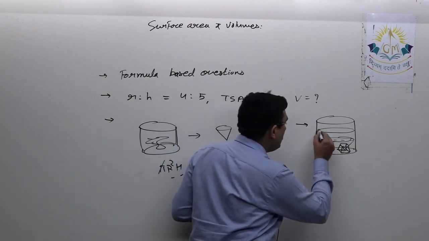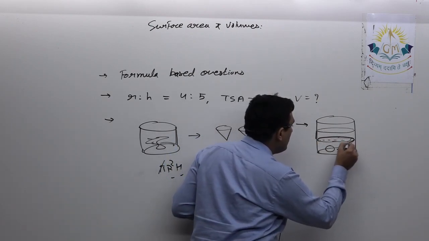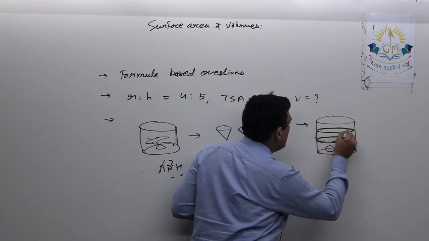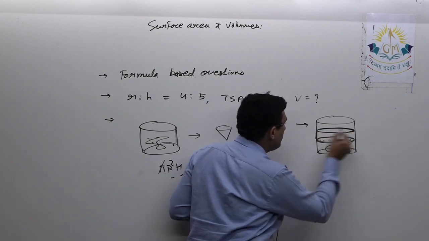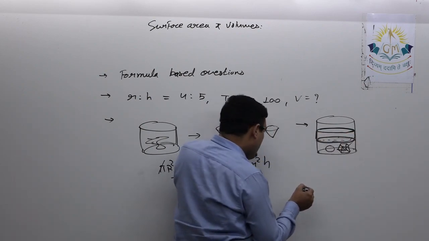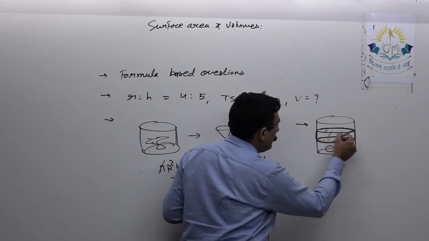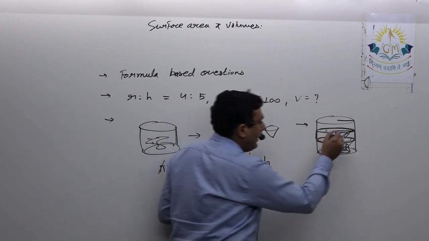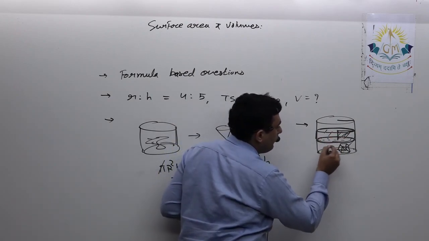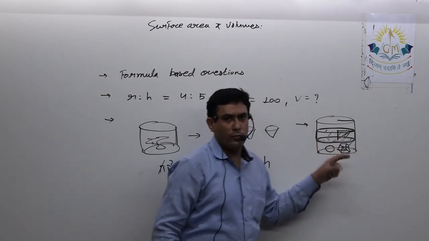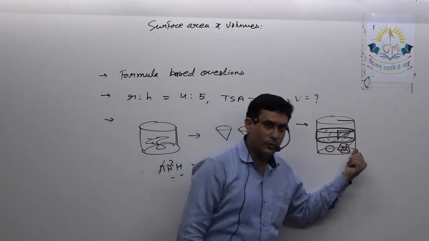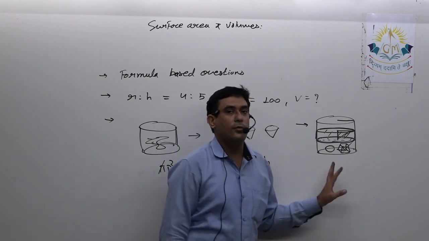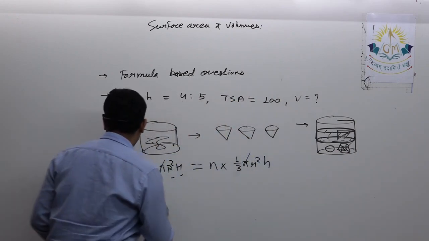So how to find this? See, again, initially this was the level of the water. At the end, the water comes up to this level. Now this portion, again you can see, is a cylinder only. So the volume of this cylinder, obviously its radius will be the same as the radius of the cylinder, and the height is what we have to find. The volume of the sphere or cone, whatever is dropped, is either given to you directly or their dimensions must be given to you. So by comparing the volumes, you will be able to get the unknown.